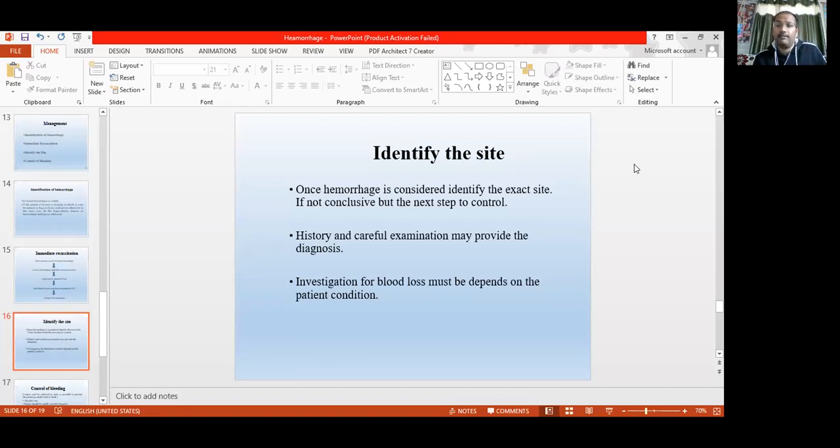If it is on the left side, the left iliac region, and the patient has blunt trauma and is going into hypovolemic shock, then you can say the patient may have a splenic rupture. That's why you do some examinations in the meantime, along with resuscitation. You can take help of CT and radiography to identify the exact site, because that's how you can plan things. You have to go to open laparotomy, or you can treat with endoscopy. To know the mode of treatment, you must know the exact site of the bleeding.